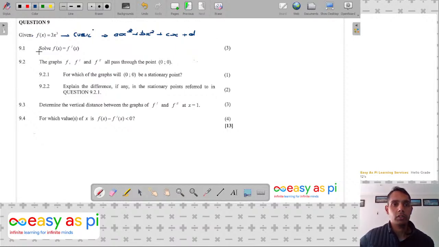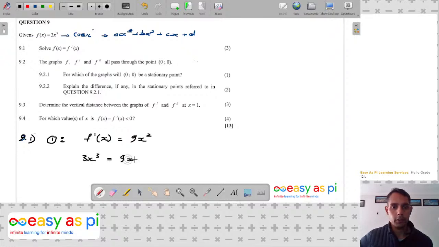They start by saying solve for f of x equal to f dashed of x. So let's go through that first, and let's do that in black because we're answering the question. I like to break it down into steps. So my first step, of course, is I'm going to say, okay, what is f dashed of x? Well, I know f dashed of x, if I use my differentiation rules, it's going to be 9x squared. Okay, and of course, then I'm going to solve, and I'm going to say, in this case, where is 3x cubed